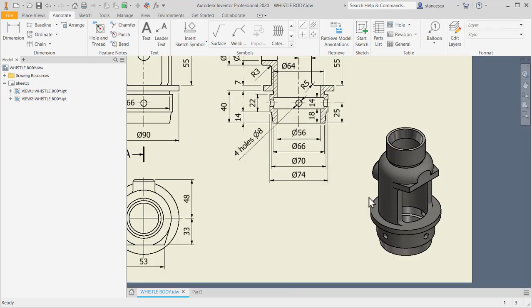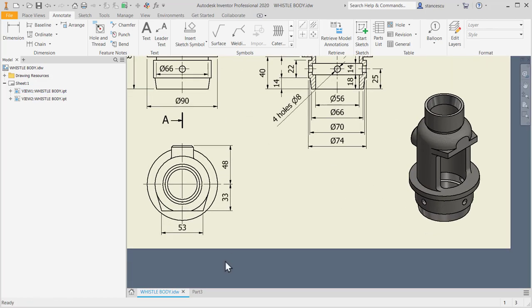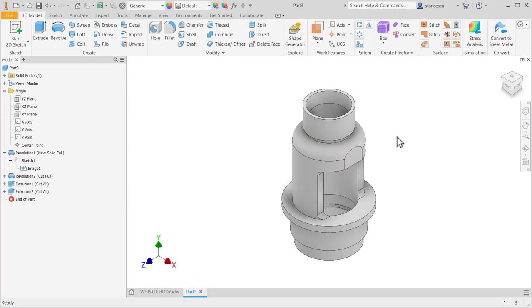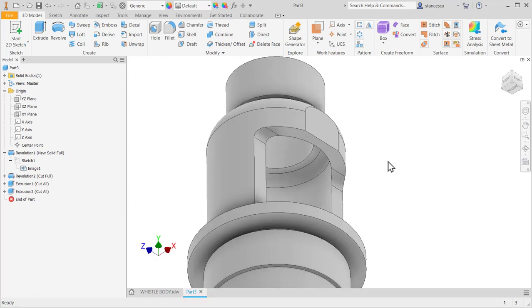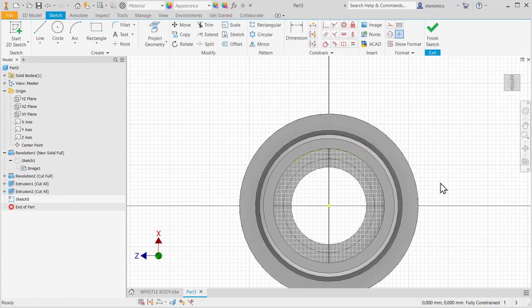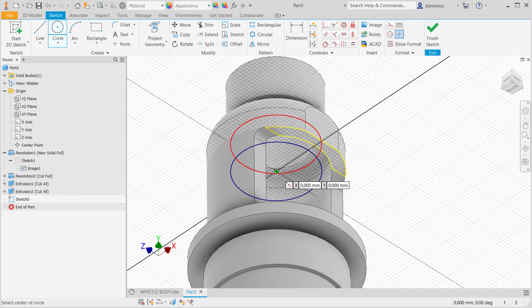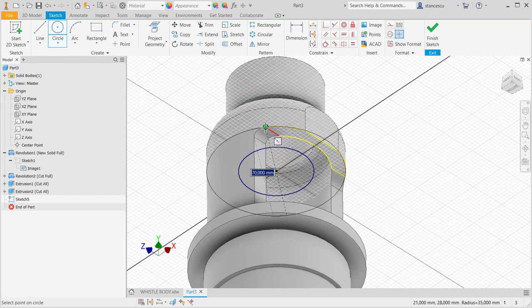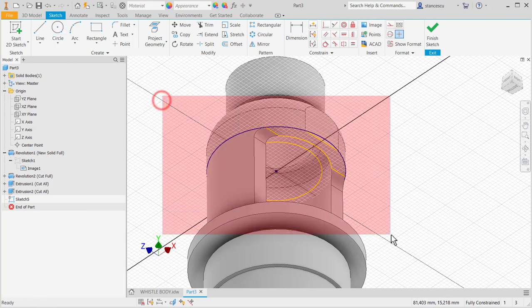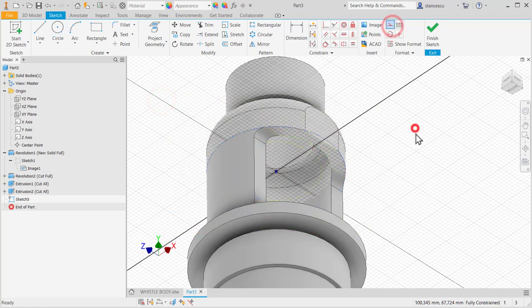Okay, we see this. So I select the same face, I apply F5 to see it from the same point of view, and now I draw a full circle with this center and this point. Now I make everything here as construction lines,